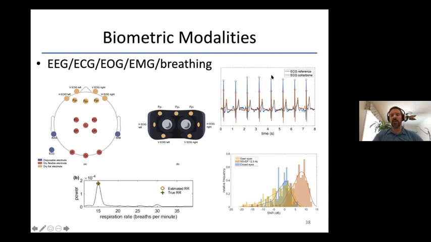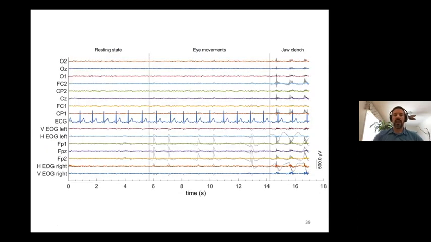ECG, as we know, is modulated by breathing. So through clever signal processing, we can also estimate the breathing rate of the person with very high accuracy as well. So in the end, you put this virtual reality headset on, it takes no longer than before. It has added about 200 grams to the headset, and instantly you're able to get EEG, electrocardiogram, eye movement information, facial information, and you can infer breathing. So our hope now is to start playing around with this device and see what kind of applications we can generate.